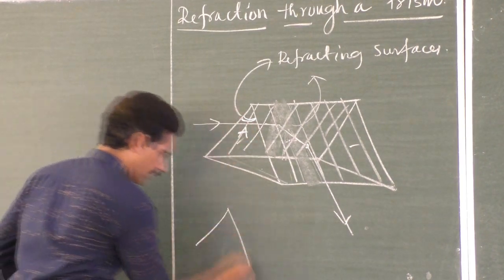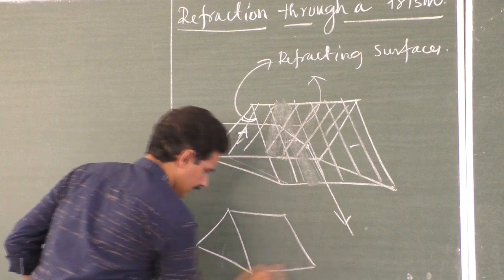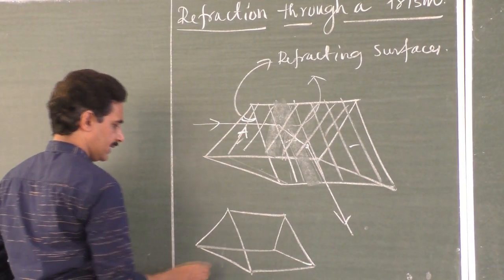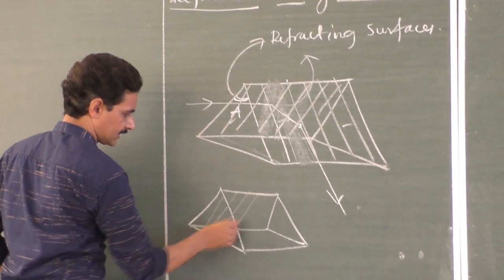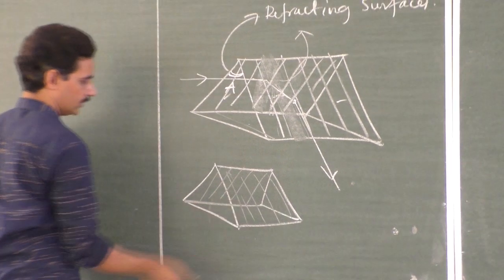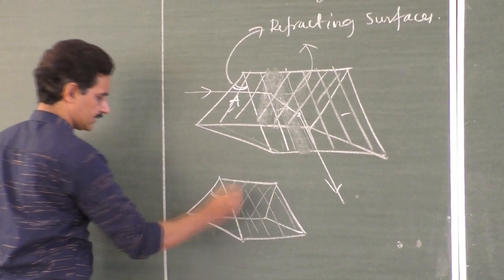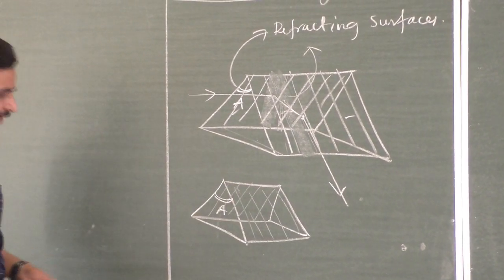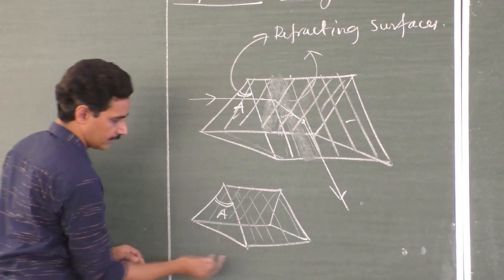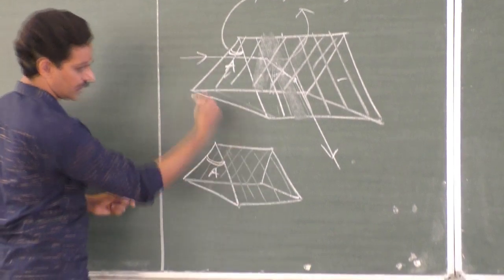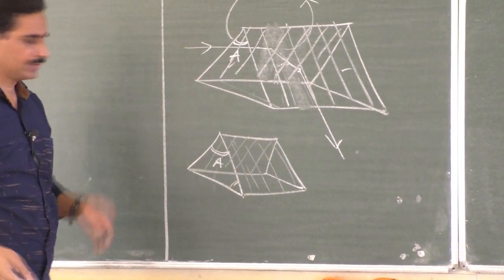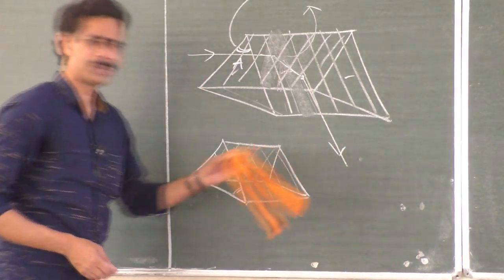So if I can draw it again in a different diagram like this. So if the prism is like this, light passes through this face from the other side of the board and comes out from this face, comes out of the board. Angle made by these two surfaces is called refracting angle of the prism. Suppose you take a light and put it to this surface, and let it pass through this surface out, then this will be the refracting angle of the prism. That depends on which face you use. But usually prism will be